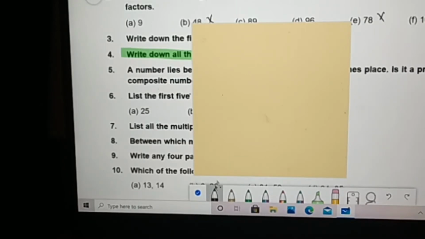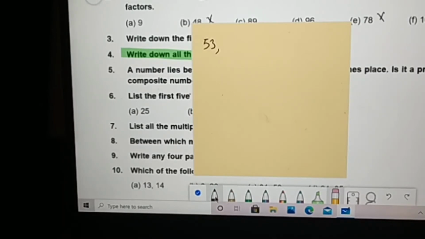52 is even. Let's check 53. So 53 is a prime number. When we divide it by 3 or 7, it does not come in the table. So 53, then 54, 55, 56. Check for 57. 57 is divisible by 3, as 5 and 7 make 12. The sum is 12. So whenever the sum of the digits is 12, it is divisible by 3. You will study this in the divisibility test, and you can check by division by 3.